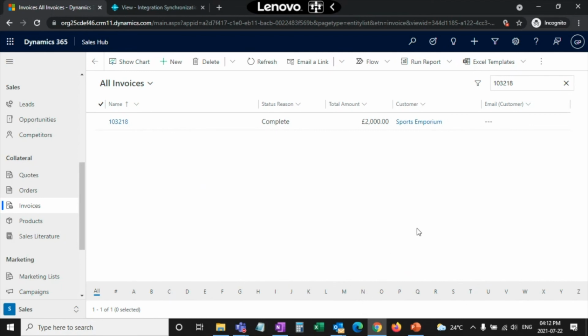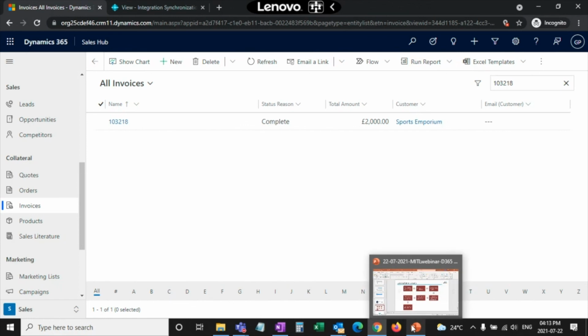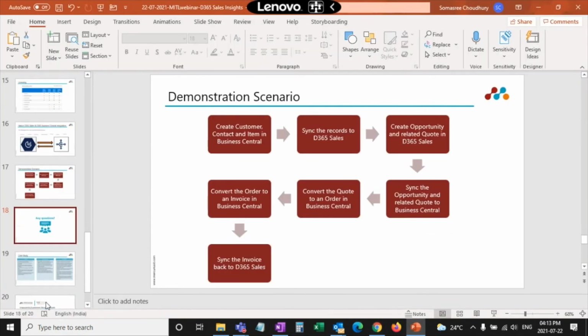So this is how a typical sales cycle of an integrated scenario between Dynamics 365 Sales and Dynamics 365 Business Central will happen. Now there can be other scenarios as well, like I mentioned previously, where the source of the data can be CRM and we are pushing that data to Business Central, or the other way around. It mostly depends upon the scenarios or the specific requirements of the businesses, and based on that the Dataverse integration can be configured. With this, we have come to the end of our session, and now we will open the floor for questions.